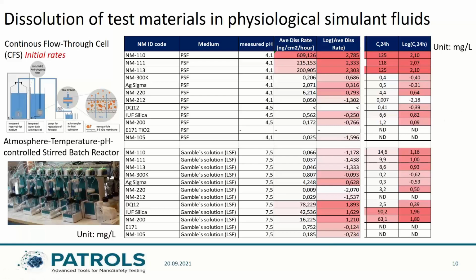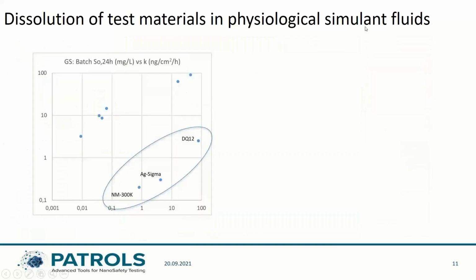If we compare now with the data for the batch reactor system, we see that there is some similarity between the results using the two different methods. And here we just have the 24-hour concentrations in the batch reactor system compared to the rates. And if we try to make a correlation between the two, we see for the Gamble solution that we have